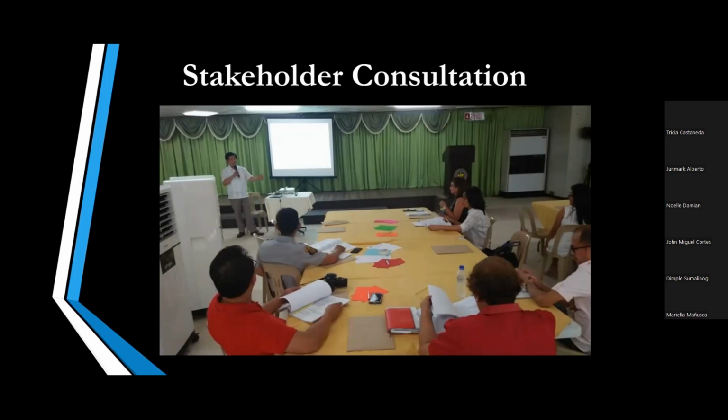So anong example dyan sa picture? Although that's not the original picture na, hindi ko makita yung original picture na ginamit namin nila attorney. So Attorney Peralta, as the head of the Student Disciplinary Tribunal, he gathered the members of the Office of Student Affairs, the leaders or execom of the different fraternities sa UPLB. He also gathered the barangay captains or representatives of the barangay kung saan madalas nagkakaroon ng riot itong mga fraternities na ito.